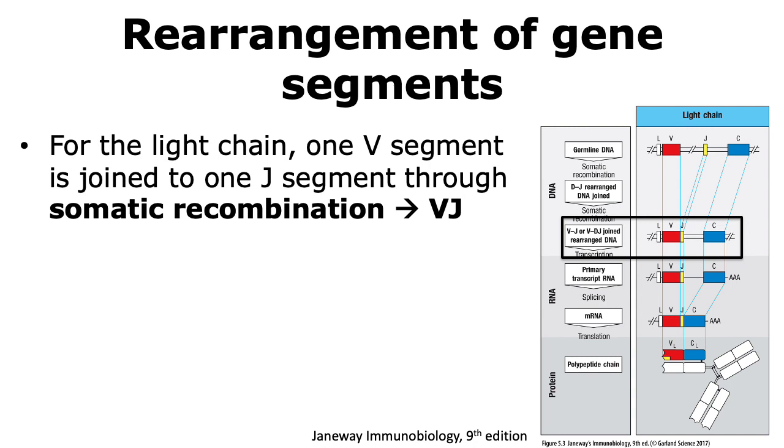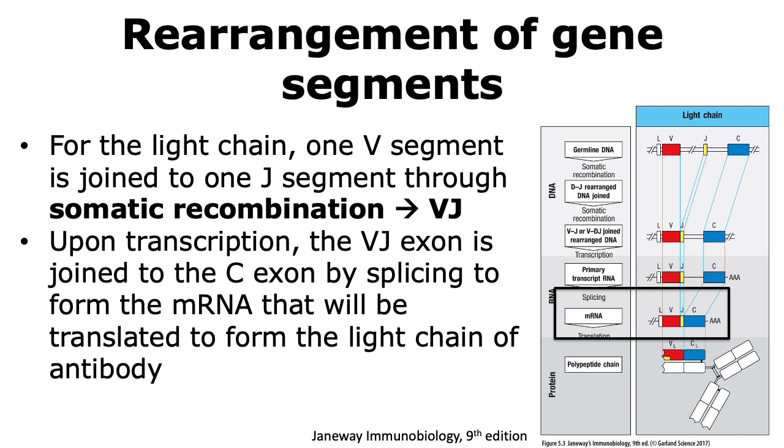It should be remembered that the C region does not undergo DNA recombination. It is only the VJ gene segments that undergo somatic recombination. Once the recombination has occurred, the DNA will be transcribed to form the primary transcript RNA. The primary transcript RNA will then undergo splicing so that the VJ region will then be joined to the C